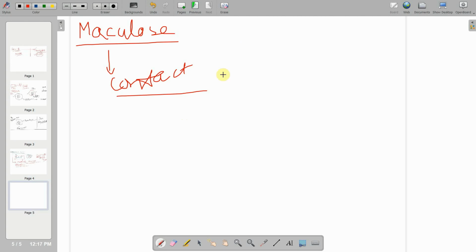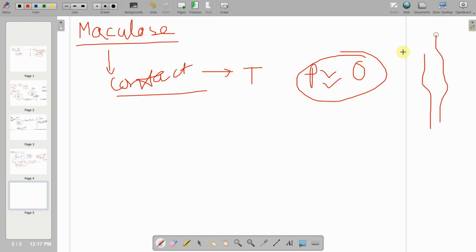Contact metamorphism generally happens due to temperature, where the contribution of pressure is almost nil. Suppose magma is traveling like this, and along the way it comes into contact with the existing rock. This is the existing surrounding rock. When it comes into contact with the existing rock, at this contact, mineral differentiation or assimilation might